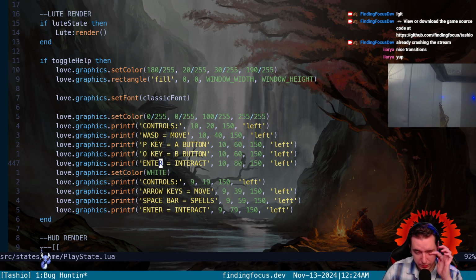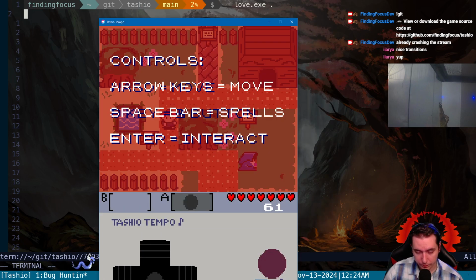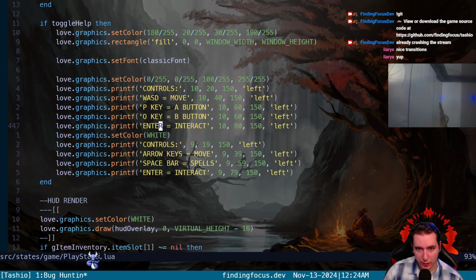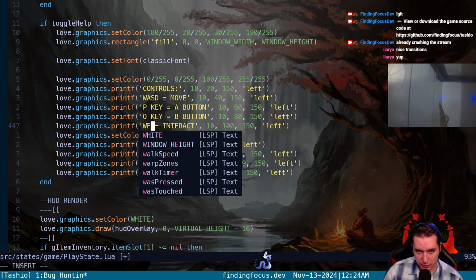Oh, we jacked up. Let me see if we can fit another line on there. Yeah, we should be able to fit another line. It looks like they're a Y displacement of 20. So this is 80, this is 100, and it's actually going to be, yeah, Enter